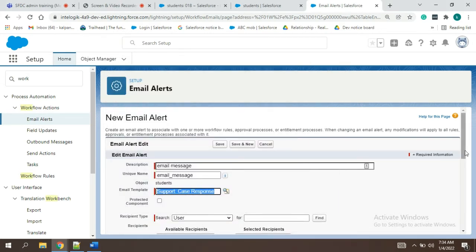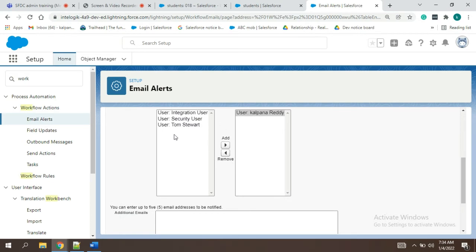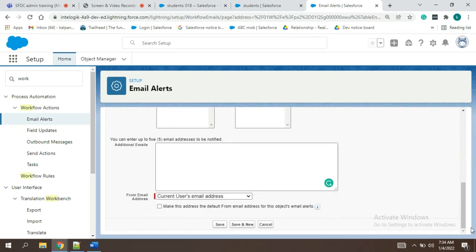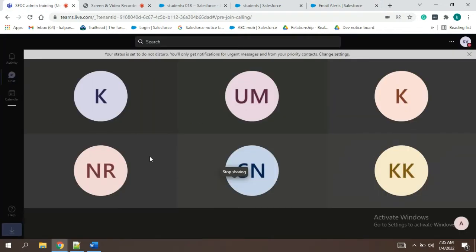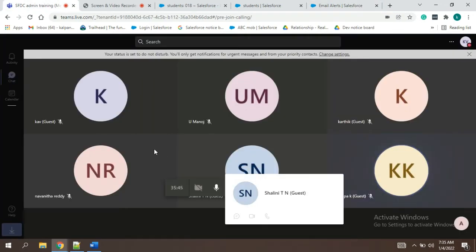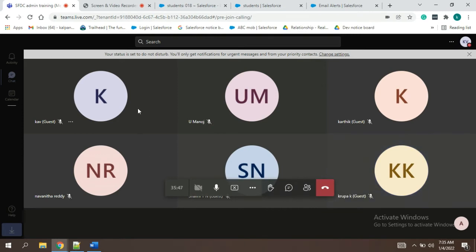Okay, from the recipients I have selected Kalpana, and you can give any of your email IDs. Can anyone say your email ID? Quick guys, no email IDs for you? Why is no one answering?